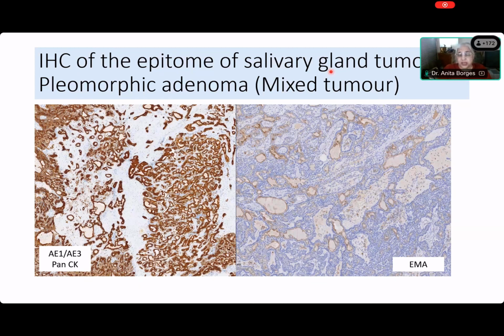Okay. Now you'll see the S100 protein. What does the S100 protein show you, Madhu? Luminal cell positivity. Sorry, what is it showing you, Madhu? Ma'am, there is basal cell positivity. Basal cell positivity.